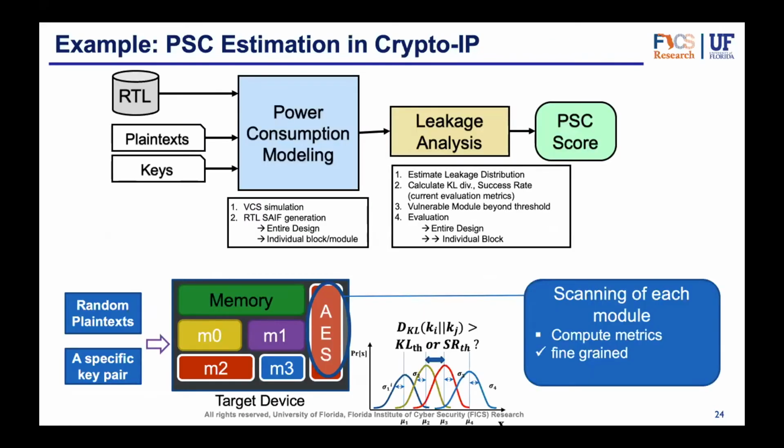So let's take power side channel as an example. At the IP level, there's a tremendous amount of work, especially post-silicon, but we've been doing quite a bit of work on pre-silicon power side channel measurement, at the RTL level and gate level. But if you do the measurement at the RTL level, even with the assumption that you do have some good correlation with the silicon, the moment you take that into an SoC, there are so many other parameters that kick in.